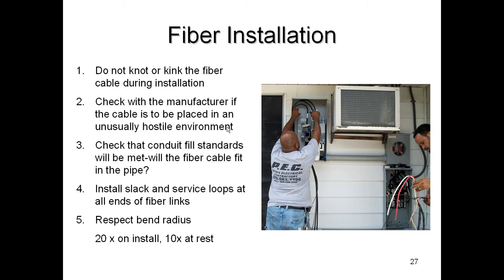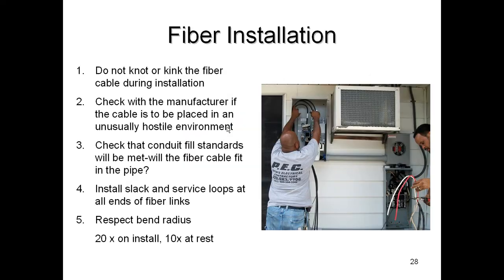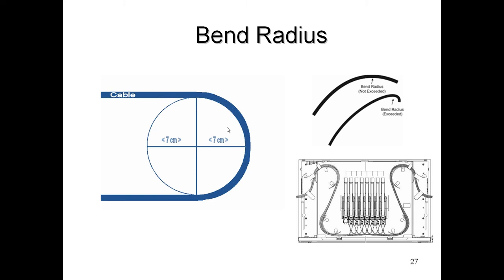Now, in terms of the bend radius, one of the things that we look at when we're installing fiber cable is how tightly do we bend it. We do not want to bend the radius tighter than 20 times the outer diameter of the cable on the installation and 10 times the radius of the cable when it is at rest, when we're not pulling on it. So we want to make sure we do not excessively bend the cable during the pulling process,